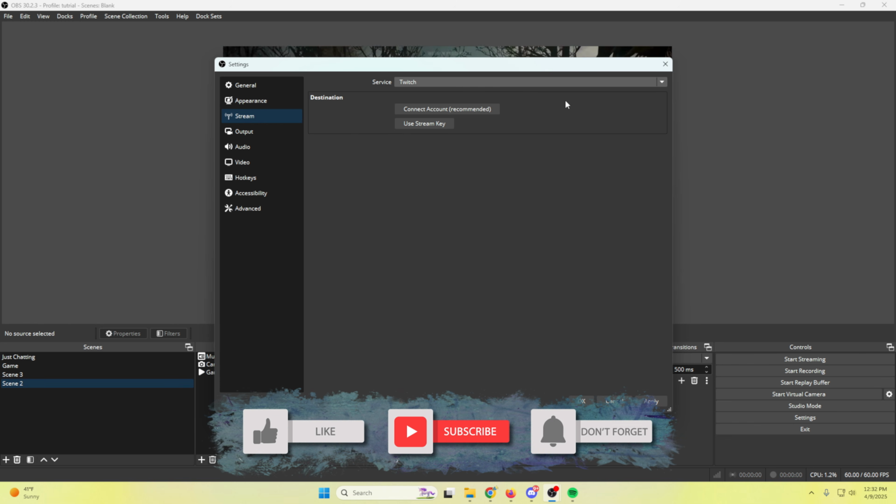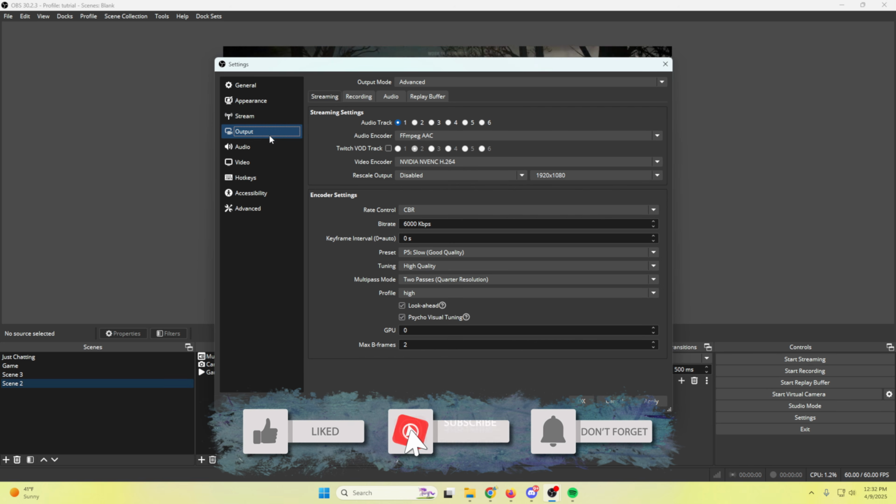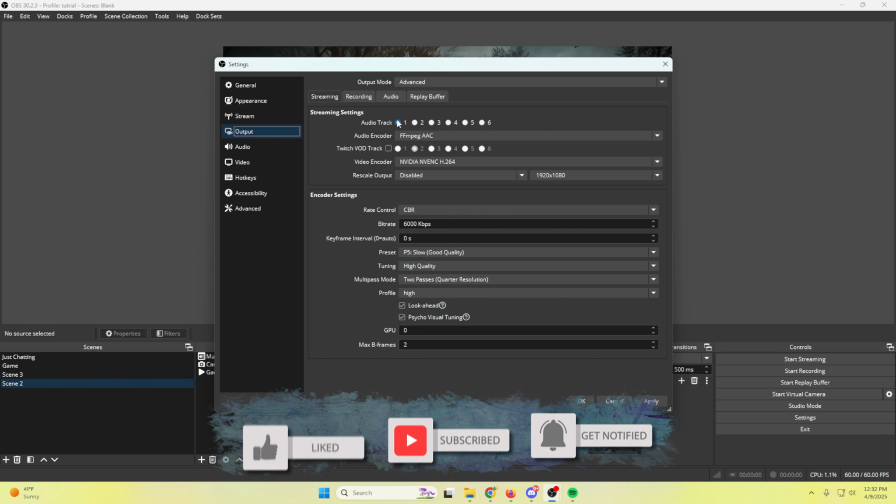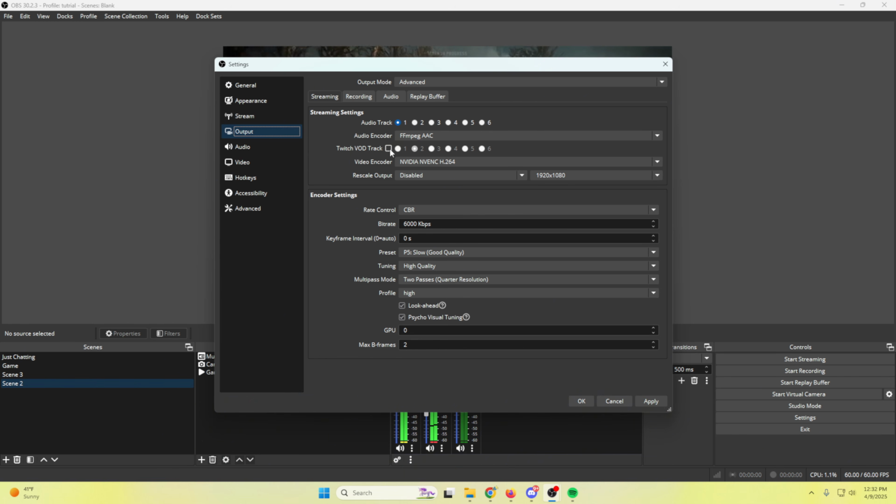And the reason for that is relatively clear. When we go into output, we are going to be sending audio track 1. However, Twitch has a VOD track that we can set up, which would be track 2. So what that means is it will send track 1 with all the audio to Twitch, but when the actual live stream is over, it will only have track 2 on Twitch. So it will have the entire stream without that music. So that's perfect for Twitch, but it also sets us up perfectly so that we can fix everything for our